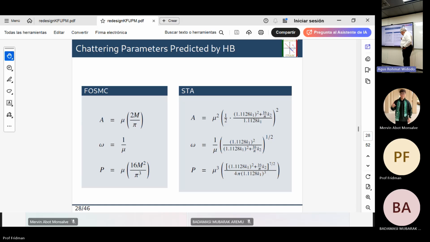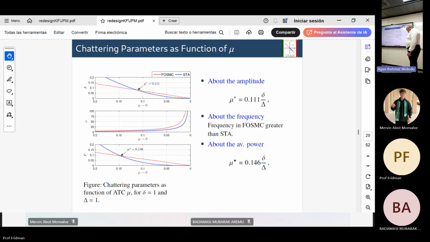So the frequency is less. And the precision with respect to energy here is of order 1 and here is of order 2. Let us see the same story in graphs. You see, the blue line is continuous. The red line is